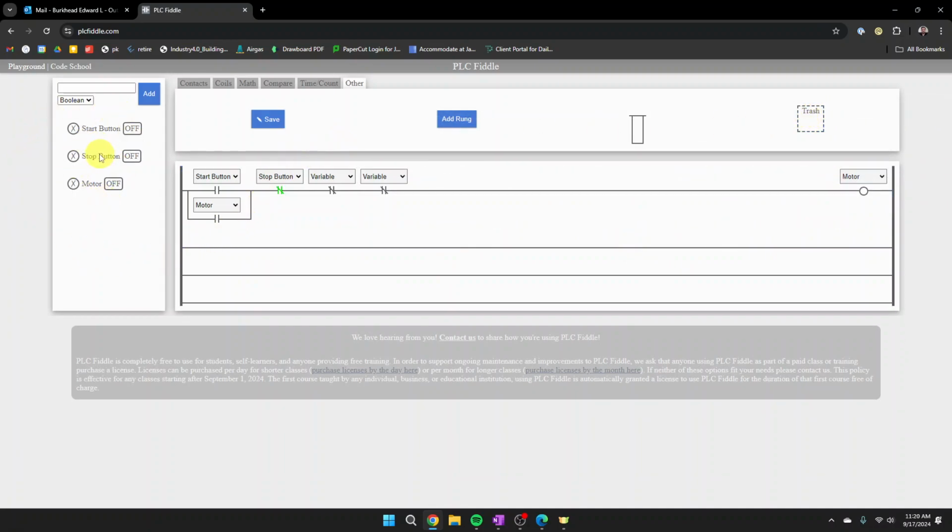At the left, this is where we can create variables. It's not really possible to create actual inputs and outputs. So here we just create variables which take the place of an input or an output. So this is the standard program you get when you open it, and it comes pre-built with